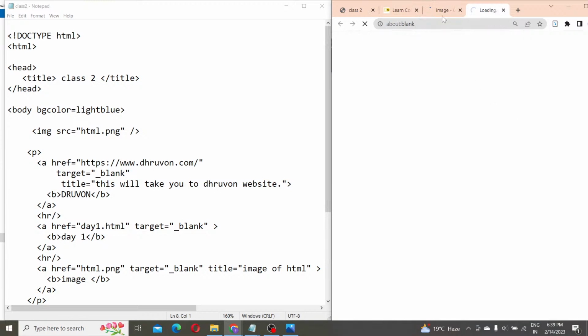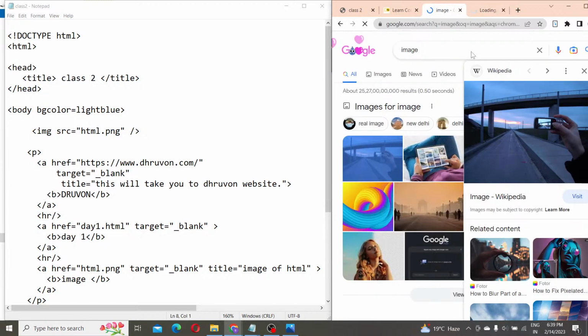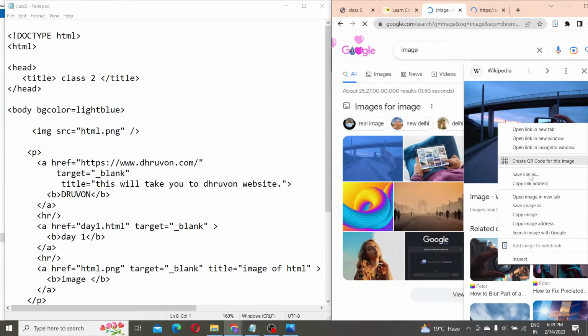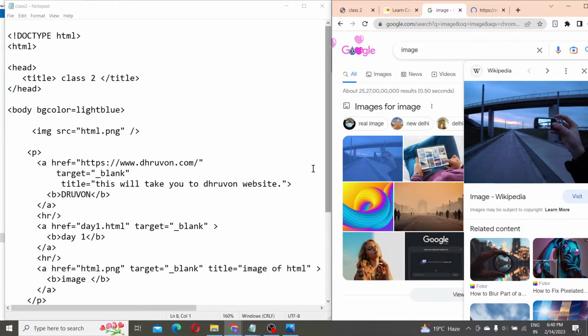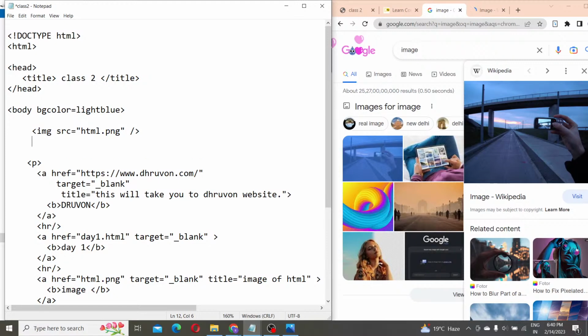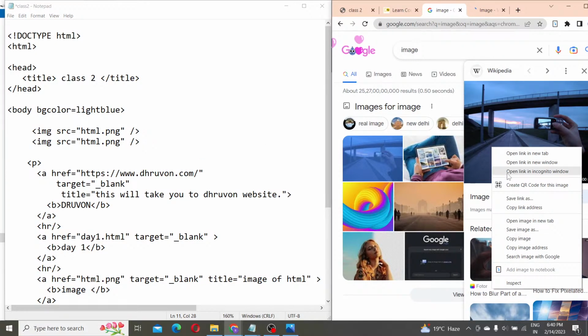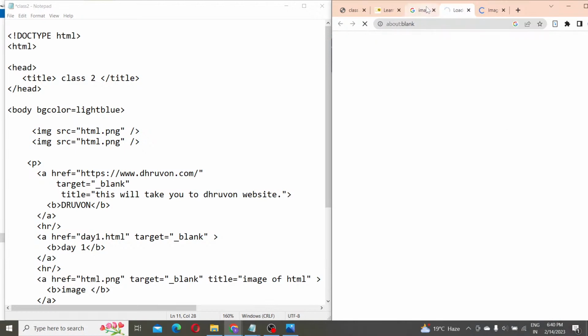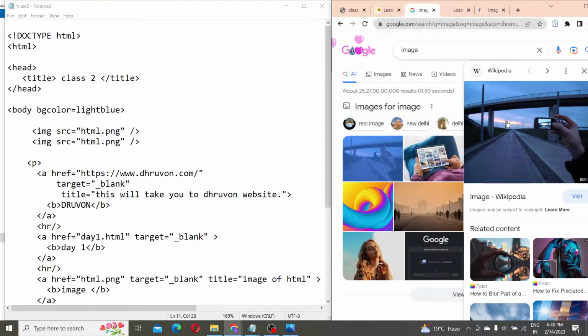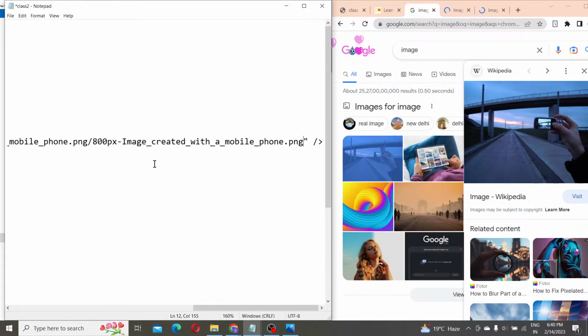I will right click and copy the image address. Wait, I have to copy this again. Okay, I'll copy the image link, and instead of this image that I have in my folder, I will just copy the link,